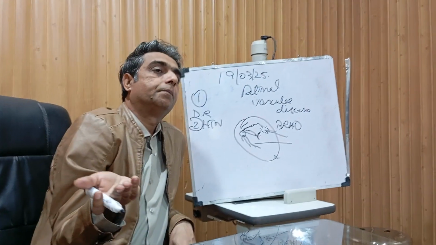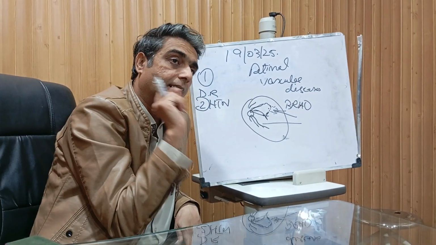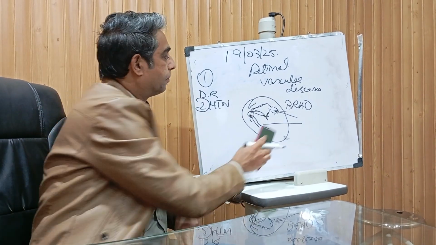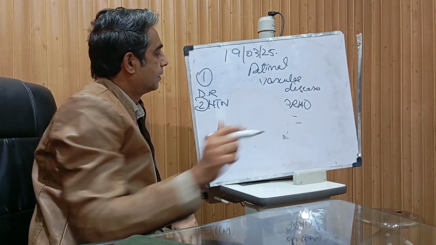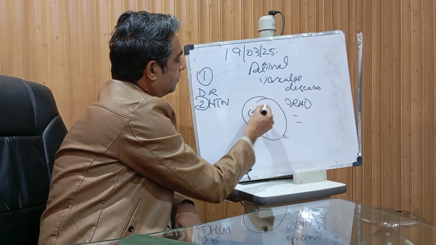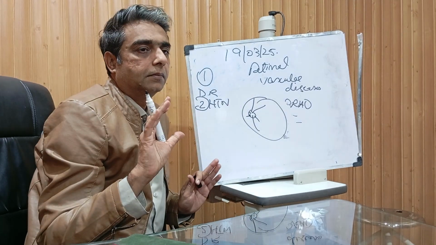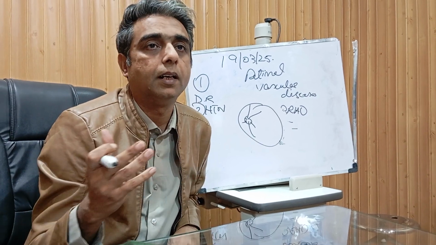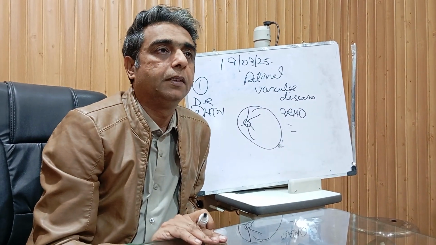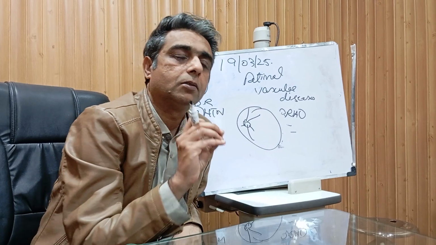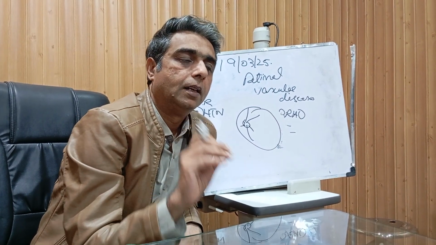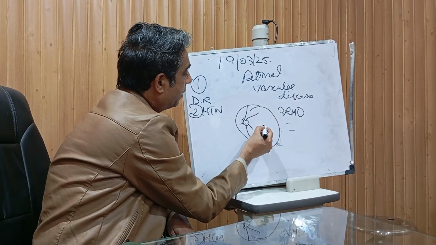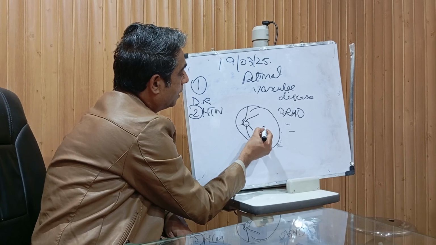If it unfortunately affects the central retinal artery, right from at the optic disc because of constriction, that is the major problem. What it will cause? It will cause sudden blockage of oxygen in the retina, like because of embolus, like in a heart attack. Patient comes with a sudden painless loss of vision, usually young people, and retina becomes pale, and only the macula is visible, and it gives